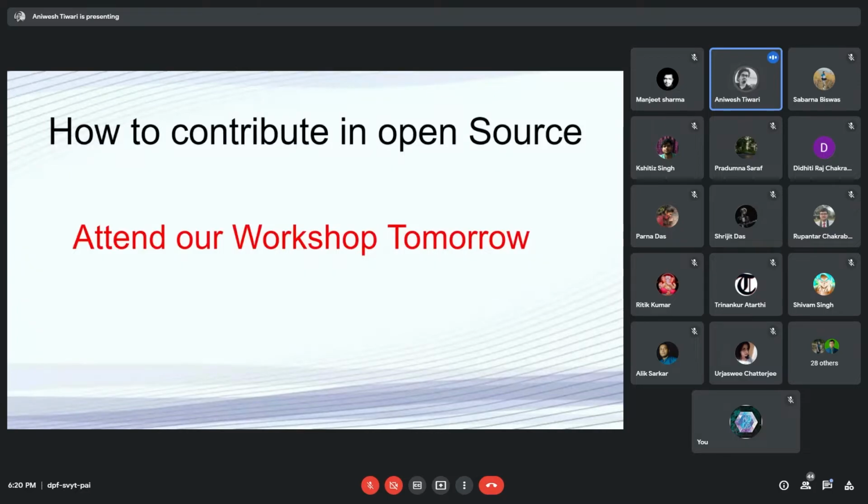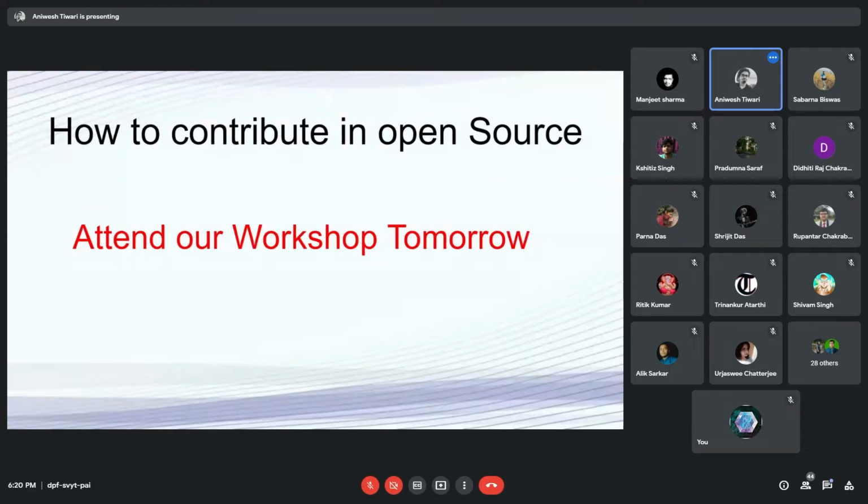Okay, how to contribute in open source? We have our workshop tomorrow. So attend our workshop, and you will get to know how to contribute in open source. Don't worry if you know nothing, because we will start from the very beginning.